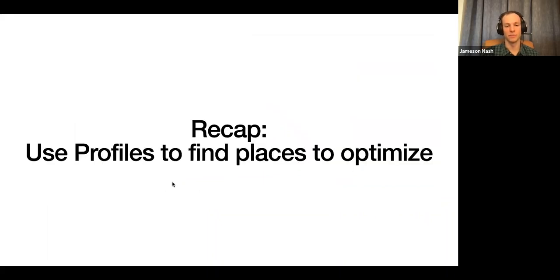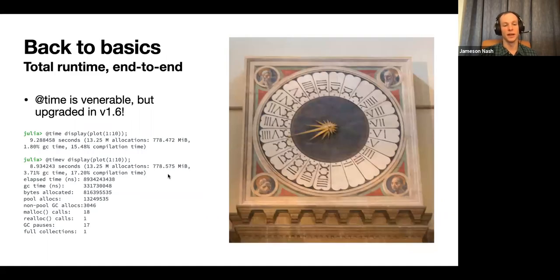So, quick recap: profile is a great way to find the places to optimize. It won't tell you how to optimize, but it's a great place to start. It's not the only place to start. We can also go back to the basics. The simplest thing we can do is just to time it. That's generally what we care about. How long did this take? How long am I going to be waiting? What we call the time to first plot problem. We've even got an acronym, TTFP, that we track very closely and is often a benchmark I'm using